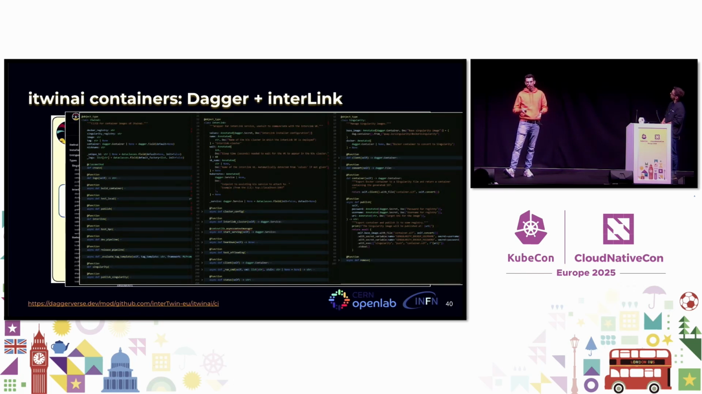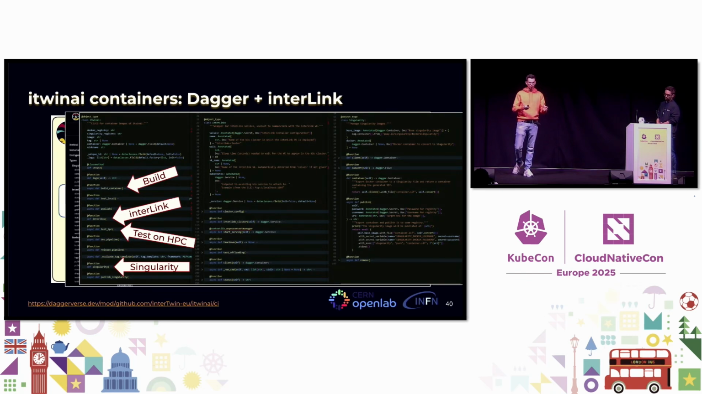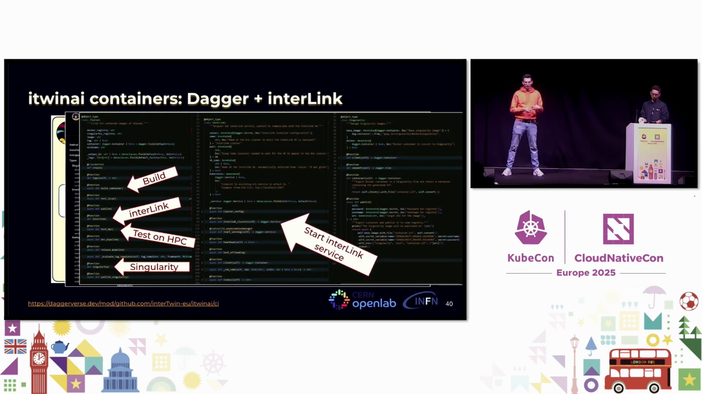We've been defining three Dagger types. The first one is iTwin AI, where we have the logic to build a container, connect to interLink, run the tests on HPC, and convert to Singularity. All of this is on GitHub, so of course you can always have a look at that. Then we have the interLink